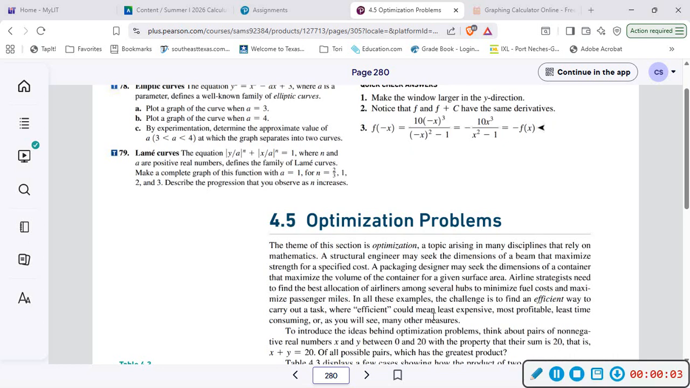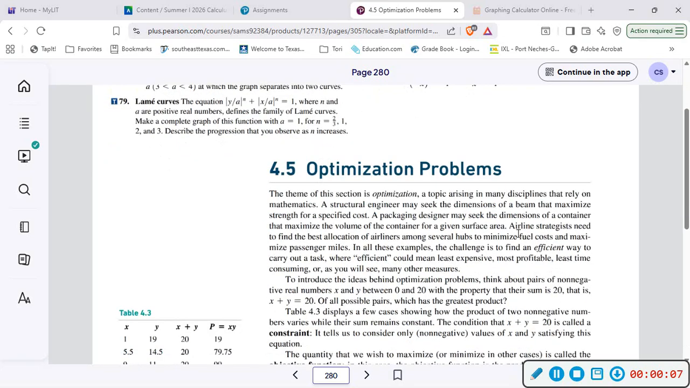All right, today we're going to be looking at section 4.5, optimization problems. In the beginning, they give you many different instances where this could be used. It just says a structural engineer may want to seek dimensions of a beam that will maximize the strength for